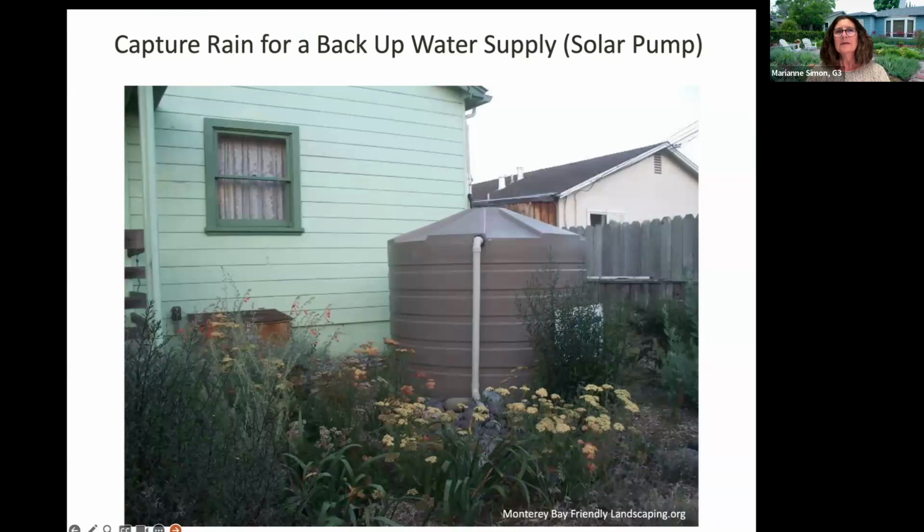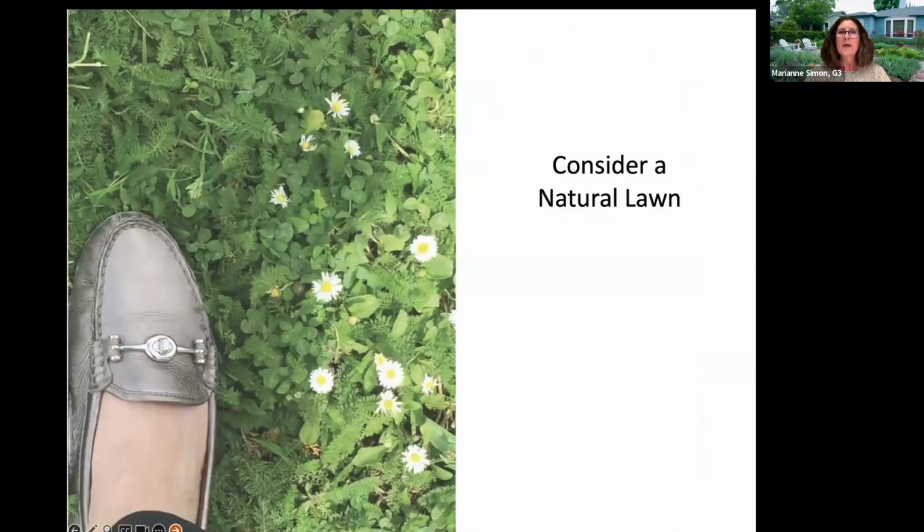And then capturing rain. In this case, we are moving it into a cistern. Depending on what happens to the water supply, it can be there as a backup. Now, this is a small one. It isn't going to go very far, but it's got a pump, and that pump is actually powered by solar. So if the electricity goes out, you have access to water, the potential. You can try spraying down your house or around the perimeter. It is an option.